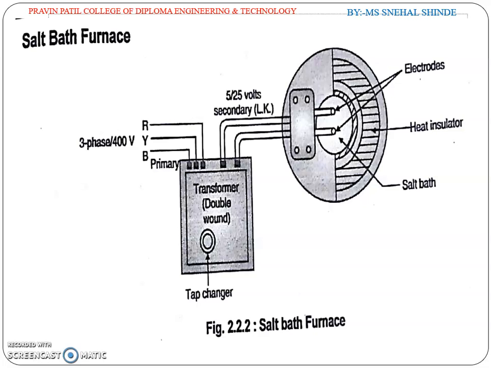The bath material should not be too conductive in its solid state, because of this, a short circuit may take place. So to prevent this, it is desirable to sprinkle some non-conducting powder between the two electrode tips.